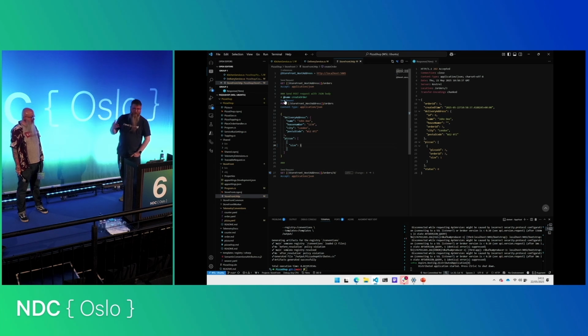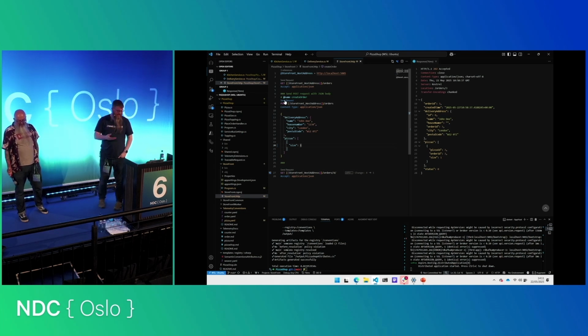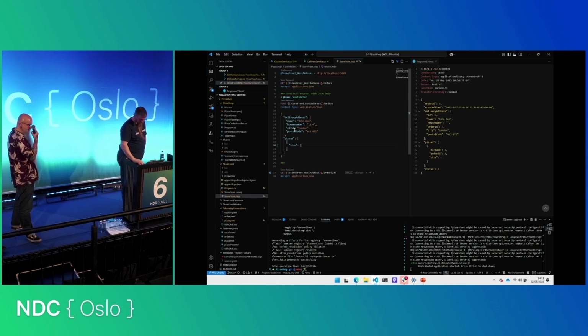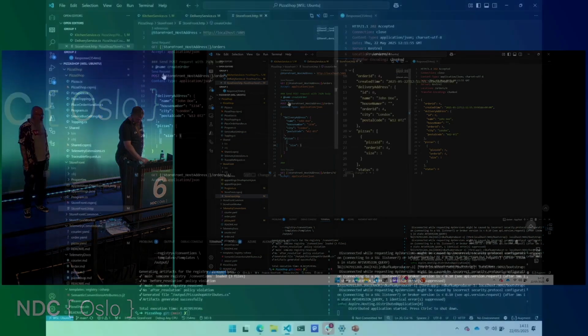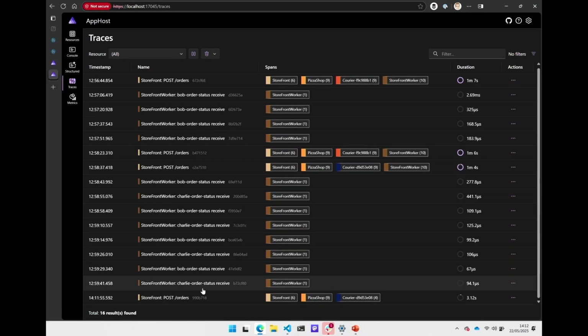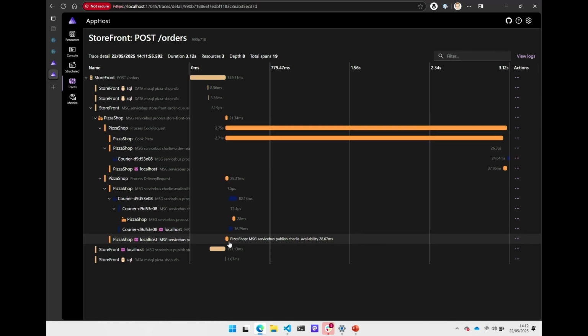Okay, so we have a front-end API that is our orders API. And I'm going to submit an order for John Doe. And what we're going to get, hopefully, in theory, maybe. There we go. So we've got a trace that's coming through. One of the things about Aspire is the telemetry that is coming through is going to update, hopefully.